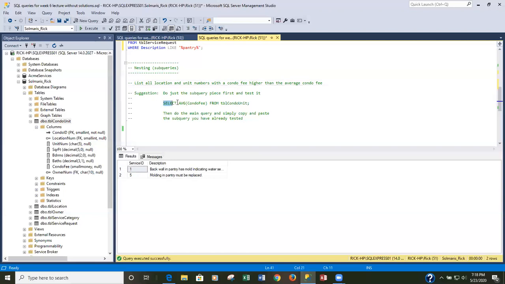And here's the subquery. Select the average condo fee from TVL condo unit. I have it in my comment section, but if we highlight just that, we should be able to do this. So this select statement tells me that the average condo fee is $426. And so what I want my query to do is select records that are above $426, that are greater than